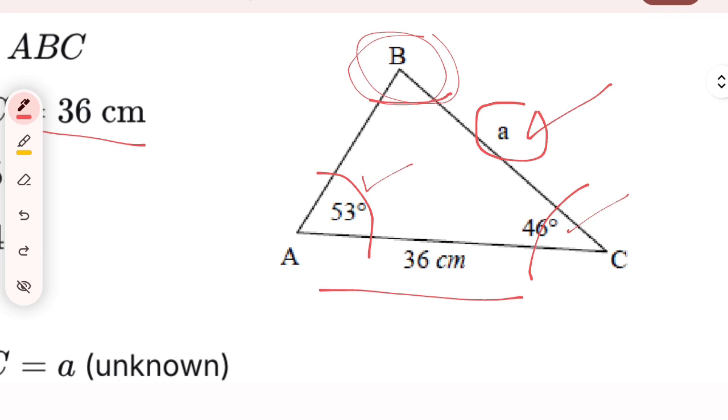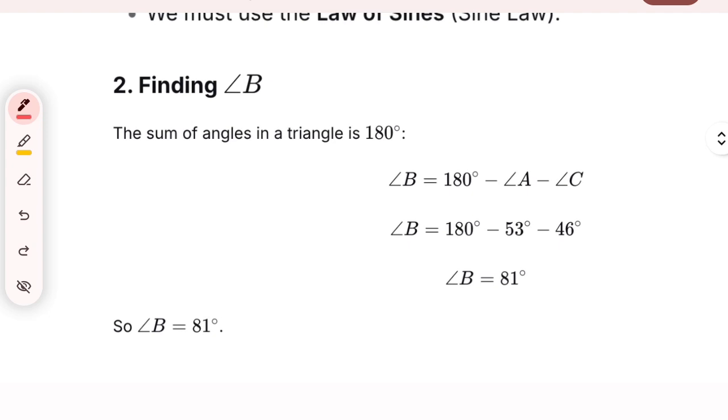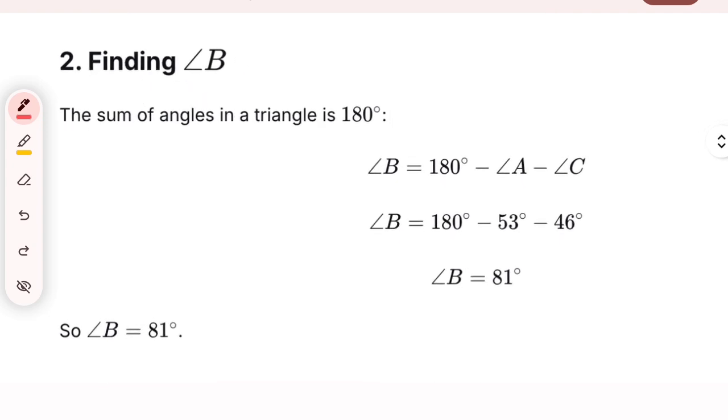So that means if I subtract from 180 this and this, the answer would be angle B. So I can easily solve angle B because I know that the sum of all angles in a triangle is equal to 180. Therefore, I would subtract the angle A and angle C,